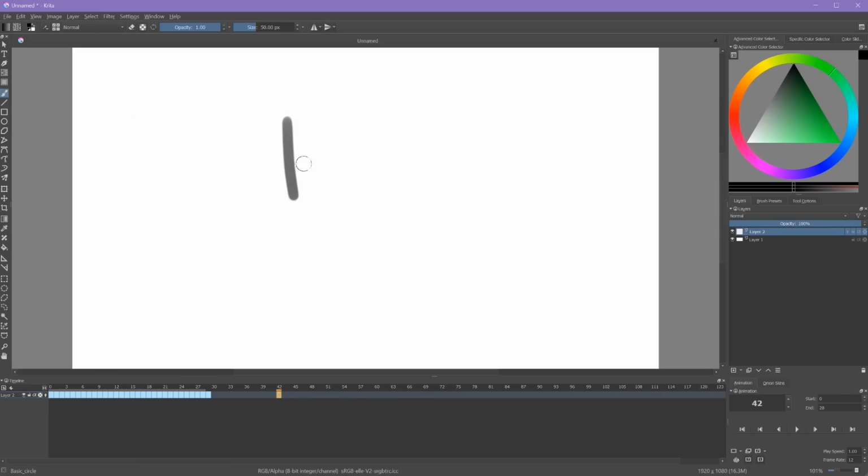And in Krita, you'll notice when I have a new frame, that frame will hold until a new frame takes its place. So if you wanted something to disappear, you would have to create a new frame. So you can either use the delete method, or you could just right-click and say New Frame, and when that blank frame comes on, your drawing will disappear.